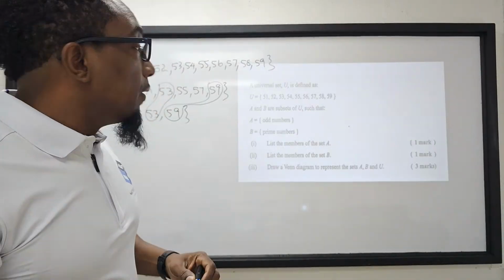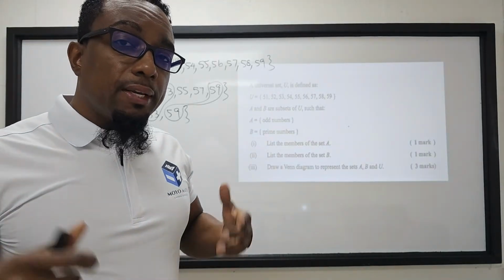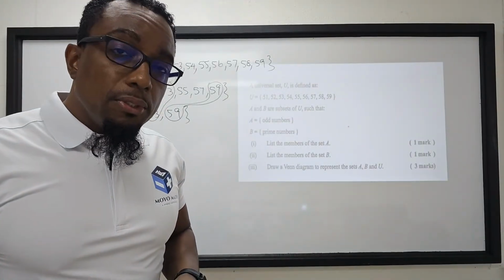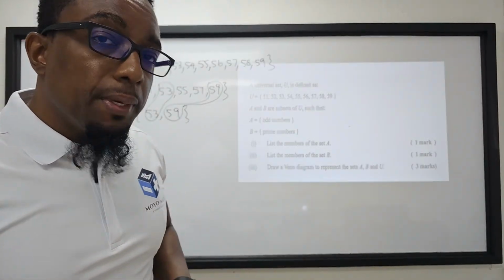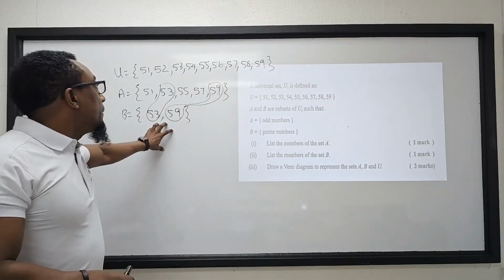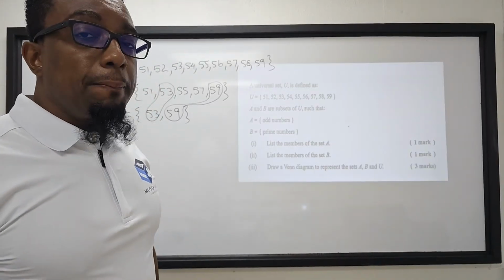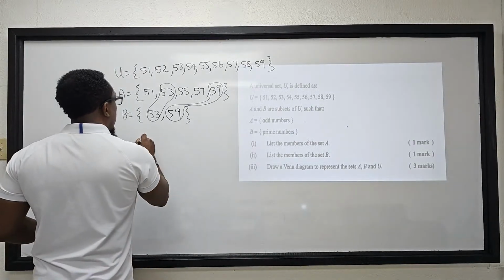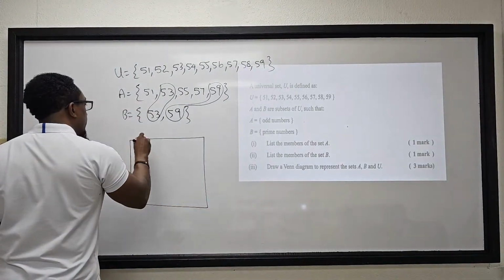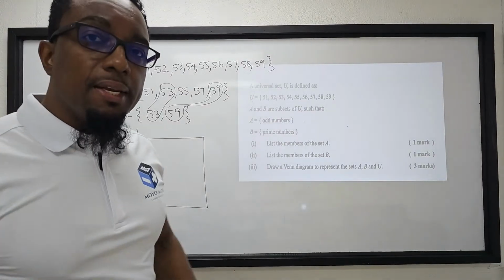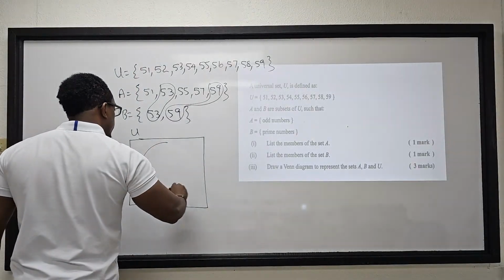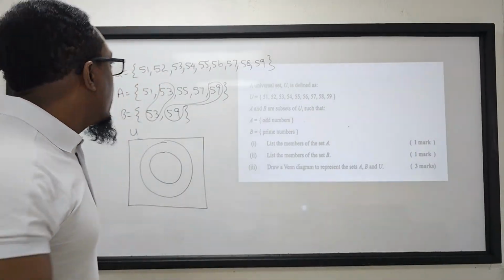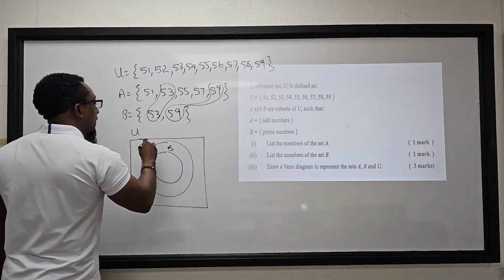But if we look, for us to draw Venn diagrams, you were exposed to 3 Venn diagrams. In this case, we are not going to show one circle overlap the other. No, because if we look, all the elements of B are in A. So it means that B is a subset of A. So when you're drawing your Venn diagram, you're going to draw a rectangle representing your universal set, and you're going to have one circle drawn within another. Of course, this circle will be B, and this will be A,